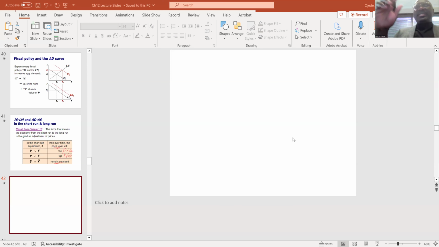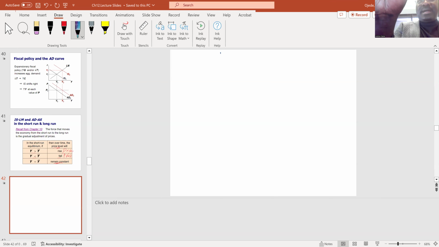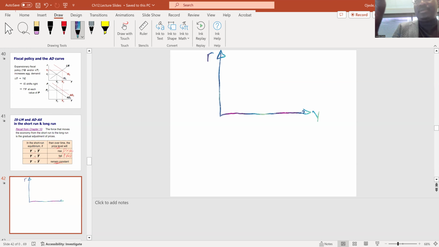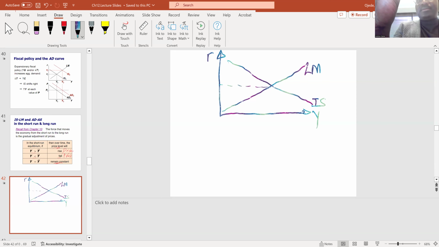Okay, so when the economy is in full employment, I'm going to draw two frameworks. The IS-LM framework, and then the aggregate demand and supply framework of chapter 10. You already know aggregate demand, we already derived it from the IS-LM framework. So let's say this is my IS, which plots interest rate and real GDP. I'm going to assume that this is my LM curve, and this is my IS curve, okay? And then these are the equilibrium values, Y1,